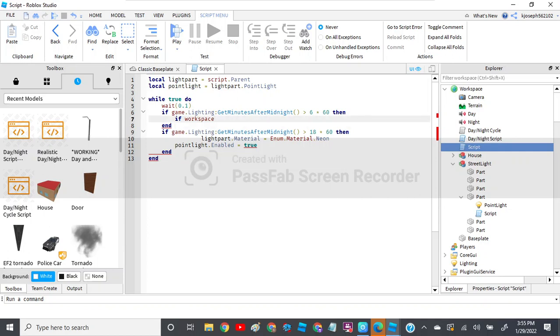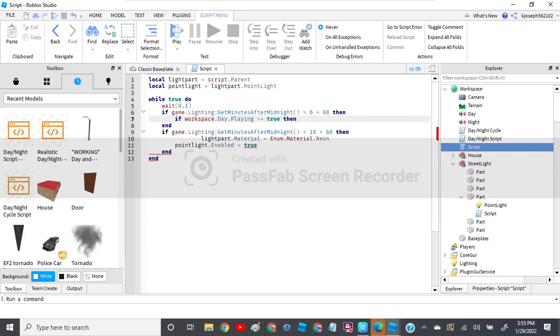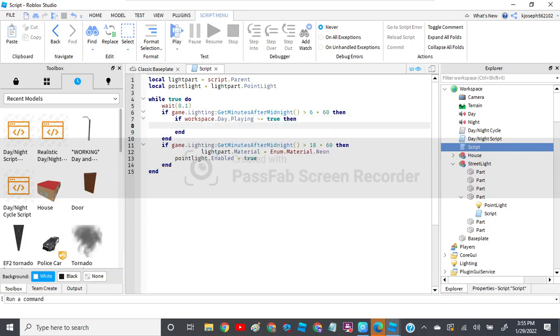Anyway, if workspace dot day dot playing not. Oh wait, I'm supposed to put a Y here. Playing equals true. Then